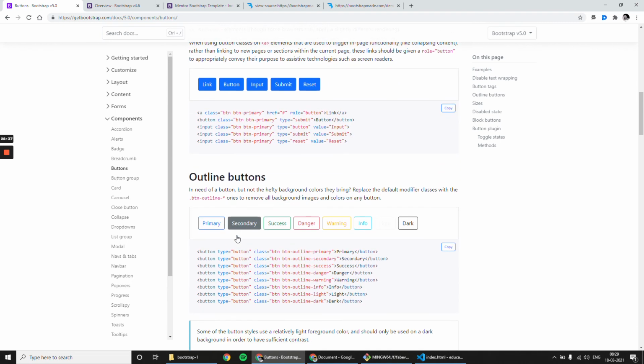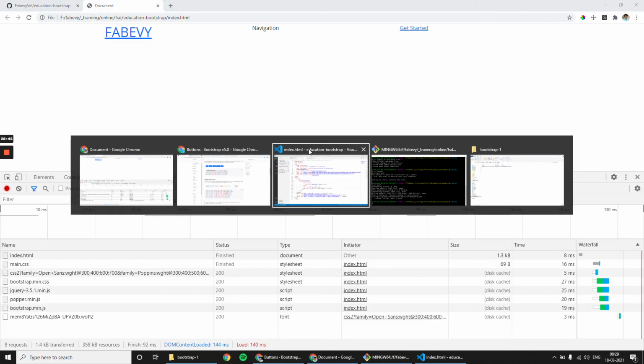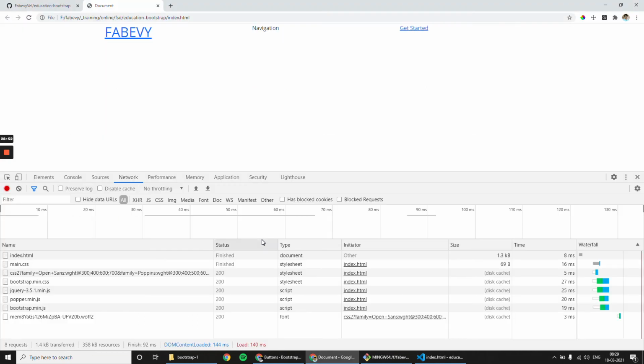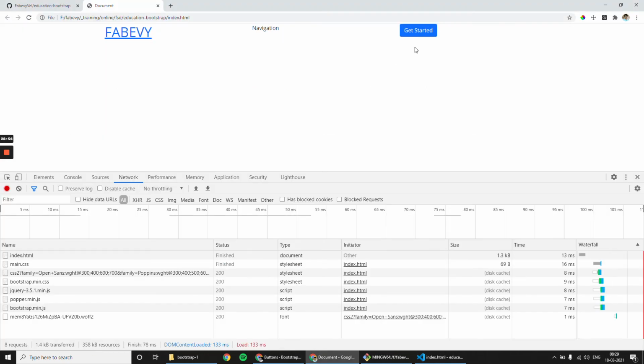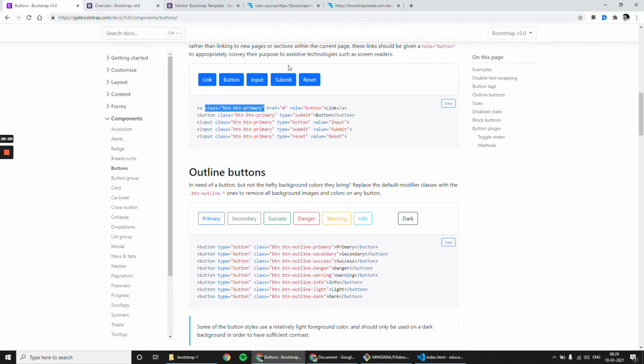Now we have link, so an a tag, and I need to give class names btn and btn-primary. Copy, come back. We have got one button.